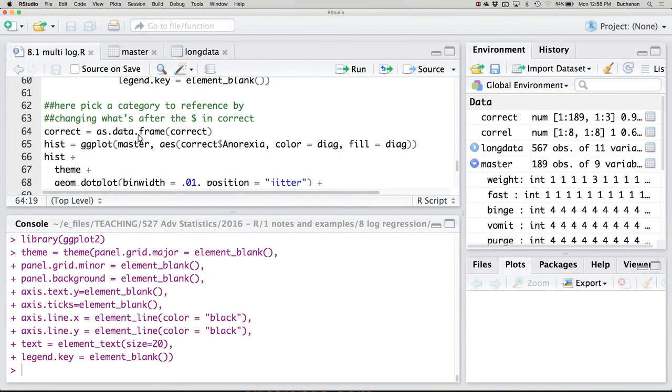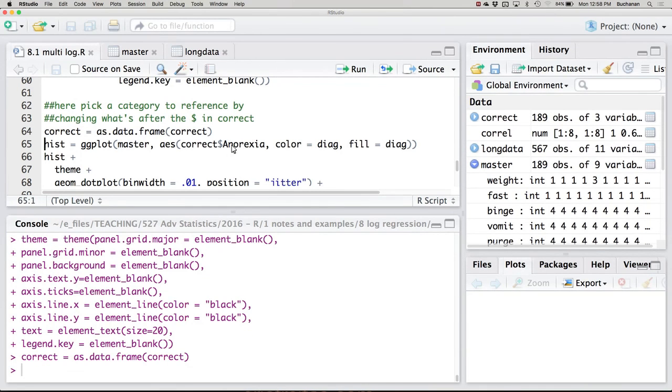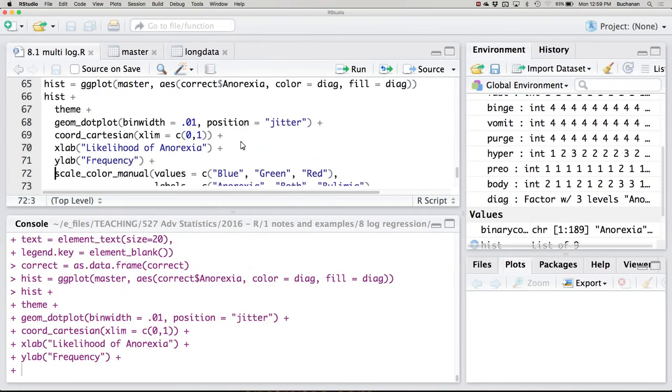All right, so I switched correct to a data frame so I could use it the way I wanted to. So what are you going to change? Change the name of the data set. This should be the original data set, master here. Under aesthetic, pick what group you want. I did anorexic first. Under color and fill, put in the diagnosis. So it's going to give me the dots colored by which group they actually are. And it's giving me the percent likelihood of being anorexic. And then the rest of the code stayed the same,